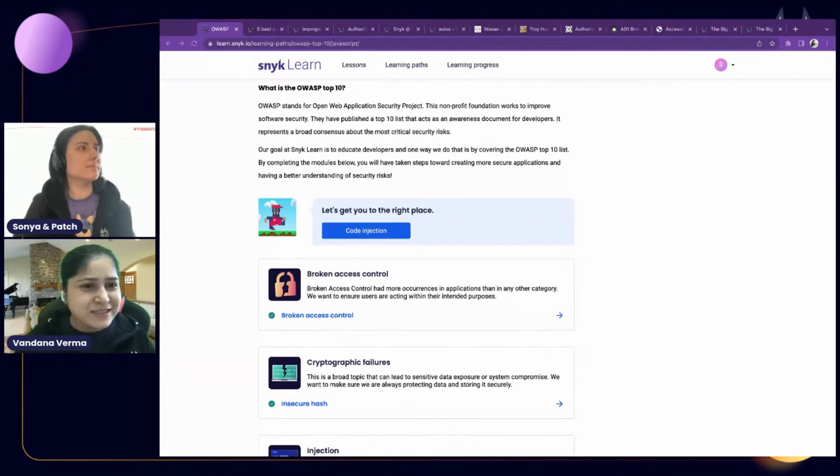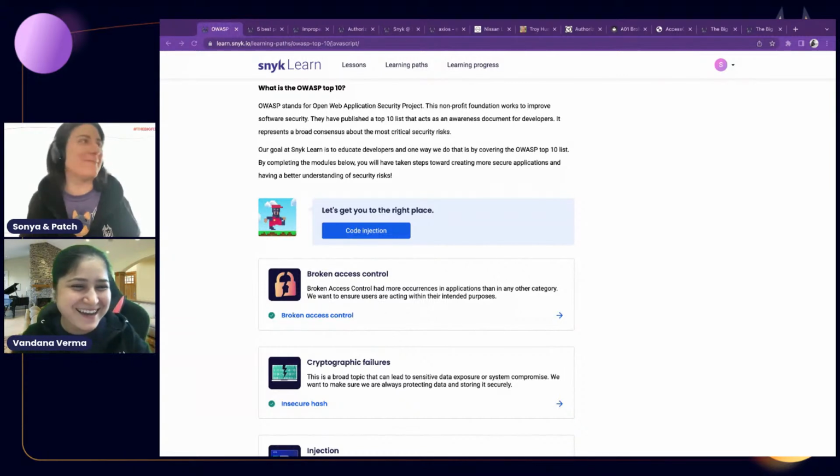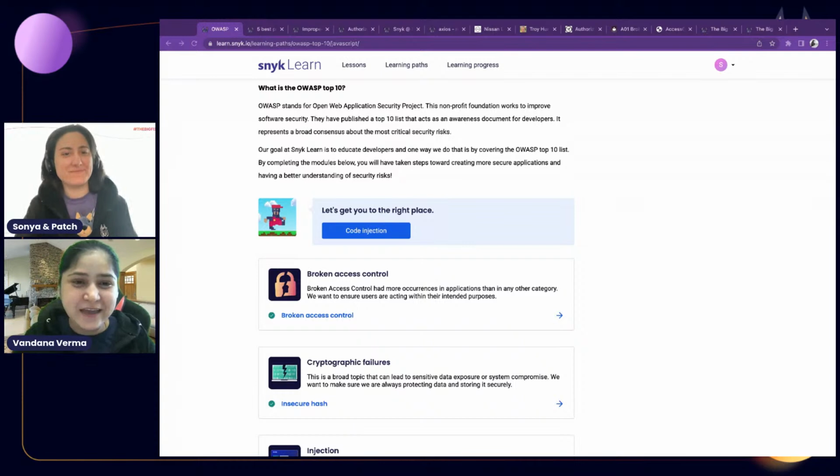But Sonia, we didn't introduce ourselves. That's true. We're in a rush. We just want to learn with everyone. Well, let's introduce ourselves. Vandana, start. Yeah, introduce yourself. All right. Hi, everyone. I'm Vandana. I am a security advocate for Snyk from the APJ region. I'm based out of India. And I love working on these lessons, training people. This is my bread and butter, and this is something which I totally love. Now, Sonia, over to you. I'm Sunny. I'm a senior security advocate at Snyk, based in London, representing MEA. Also really passionate about education. So let's dive in.